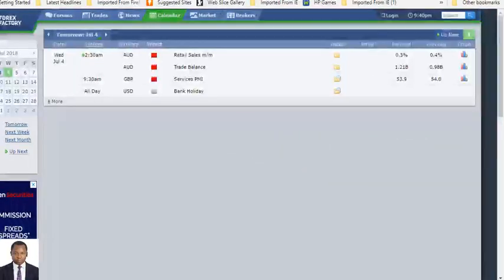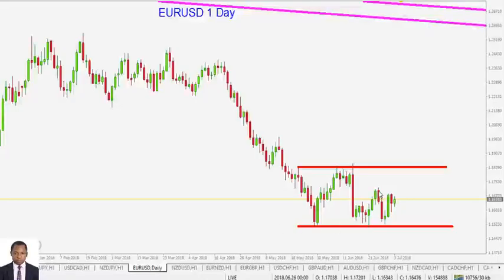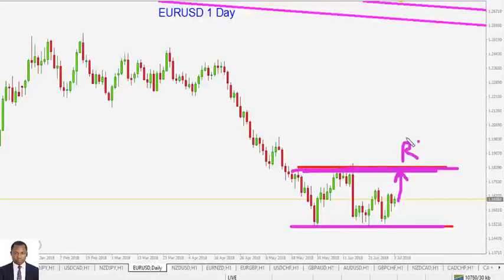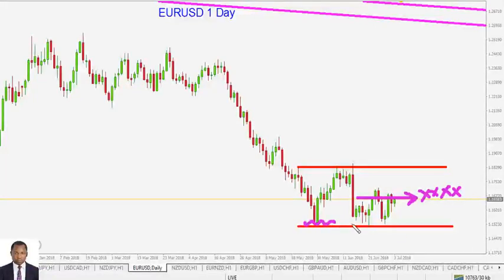Okay, all right, let's look into a few pairs here. For the euro against the American dollar, in the daily time frame, this is still in a range, and bias is likely going to be to the upside to this next level of resistance. But again, price is sitting in the middle of that range. This is not an entry zone. If you're looking to trade, around this level of support is the entry zone, around this level of resistance is the entry zone. Okay, you want to sell resistance and buy support. All right, let's look into other pairs.